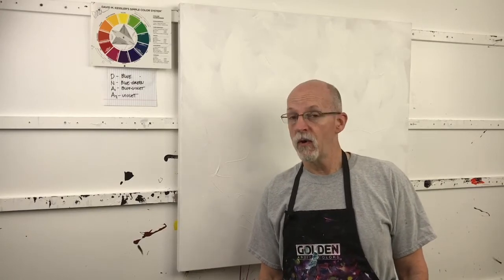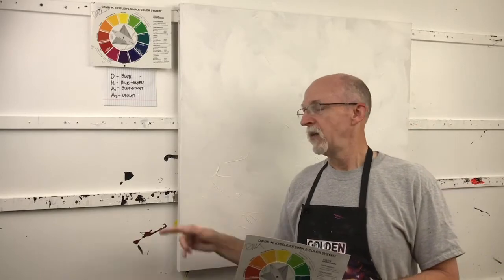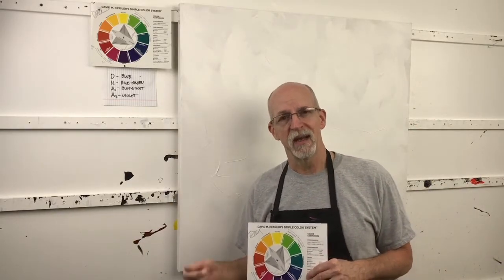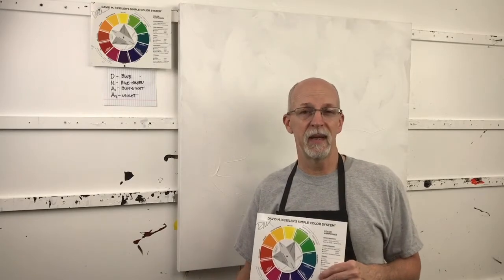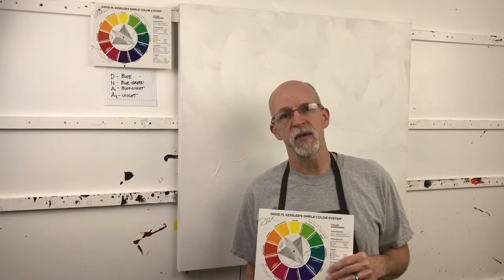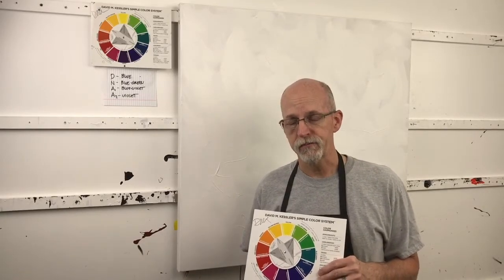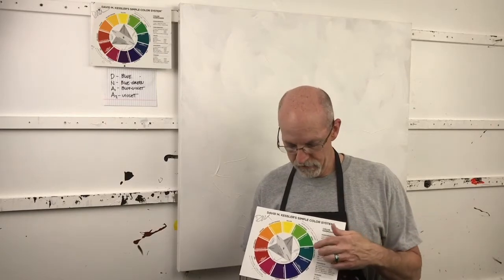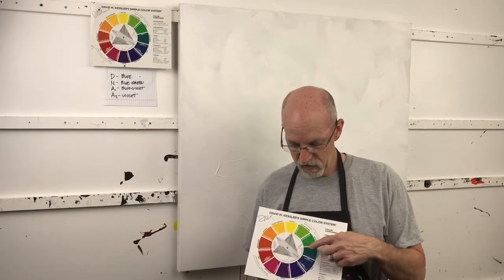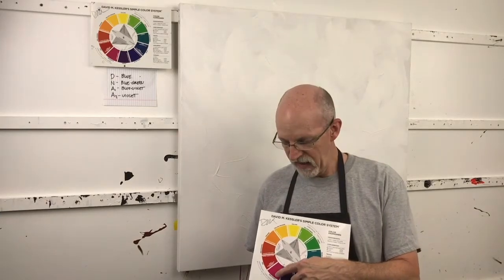What we've done so far, we've talked about the materials, I talked about the paint I'm going to be using, and we talked about the concept for the color that we're going to be using for this painting. And the concept for the color is going to be an analogous color scheme. Analogous colors are those that are adjacent to each other, 4 to 5 colors adjacent to each other on the color wheel. So we're going to be using blue, blue-green, blue-violet, violet, and I may even